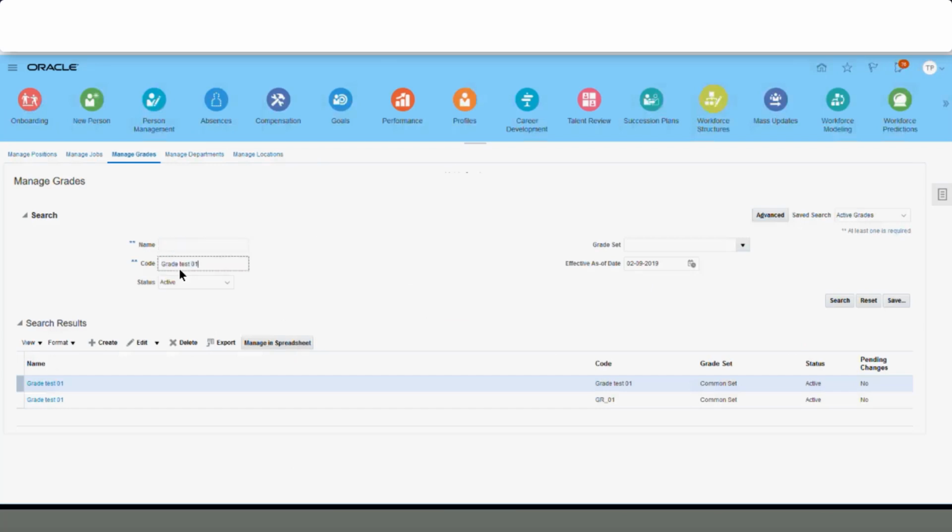I'll search for the grade code. Yeah, if you see, the code is this, and the grade name got updated to 202. Initially I created it with 01, and I just updated it using the spreadsheet loader. So this is what got changed here. It's clear, right? But you can't update the code, because in grade, the grade code is a user key. When you try to update this, the system will not be able to identify whether you are trying to update or create. Instead it will create a new entry.